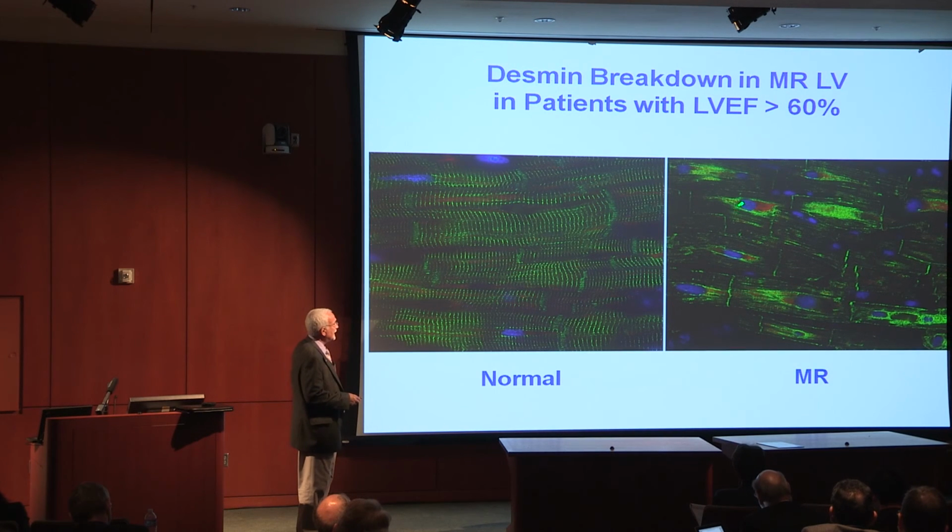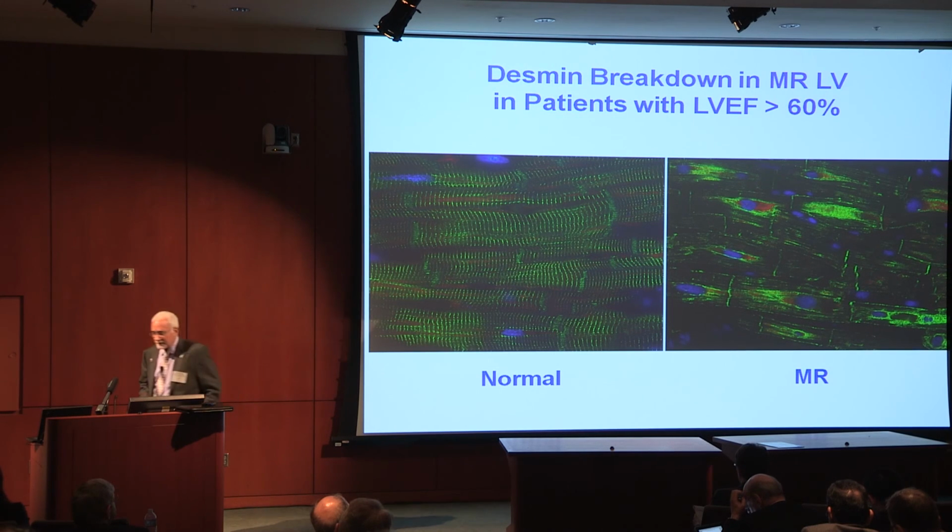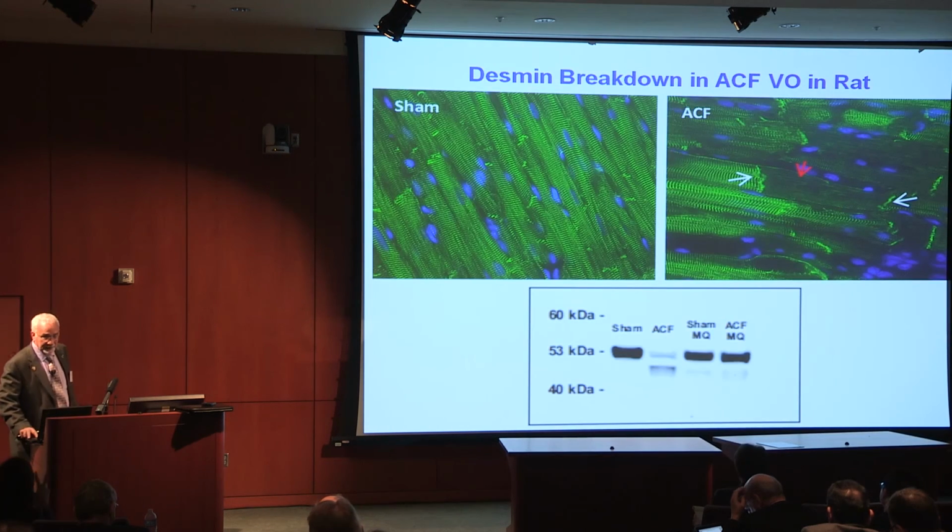We see a breakdown in desmin and aggregates of desmin in the human heart. Again, this is in a patient with an ejection fraction of 65%. And this is desmin here. Here's the intercalated disc. This is the desmin along the Z disc, outlining each sarcomere. And you can see a total breakdown in between the intercalated discs of desmin in these human hearts,